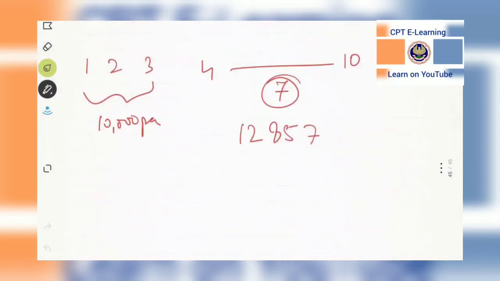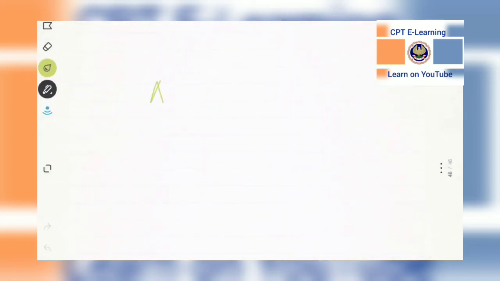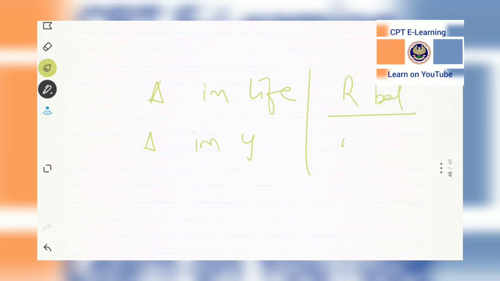So in this video, we learned two important things, that there can be a change in the life, or there can be a change in the value of the asset, right? Whatever the change is, we are not really bothered about it. All we need is two things. One, remaining balance divided by remaining life. And this gives us the new